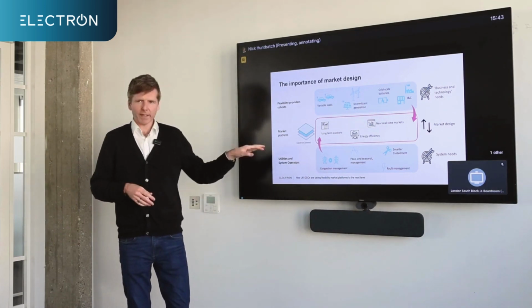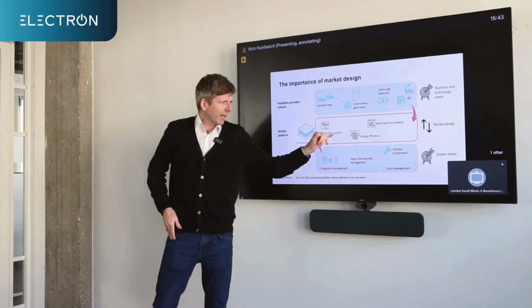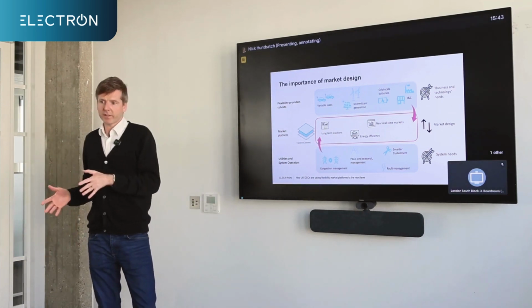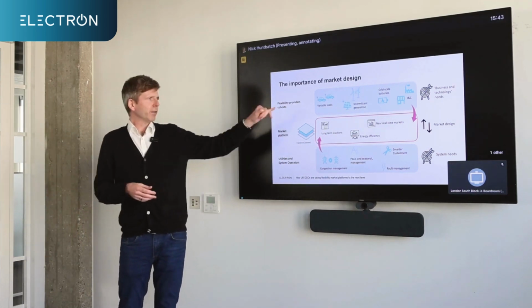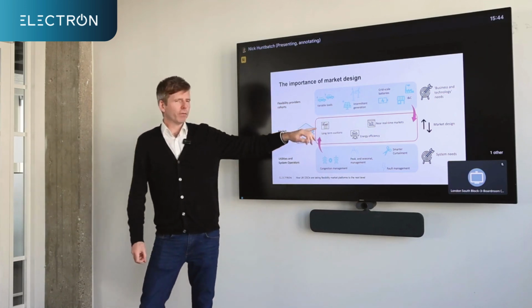And we'll talk about that again when we get to the buy trader specifics. So anyway, in the middle there, what we're trying to do is bring those two together. We need to solve the system needs, but we also need to engage the different cohorts of flexibility. And a lot of that goes around what we run on the platform.